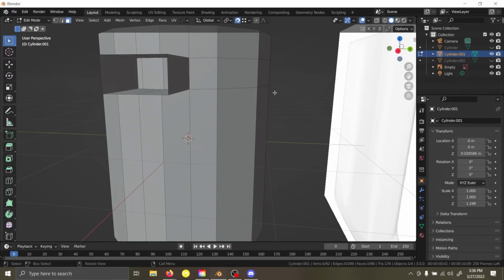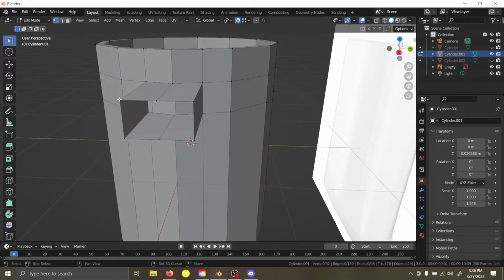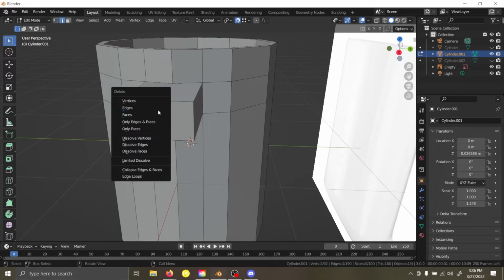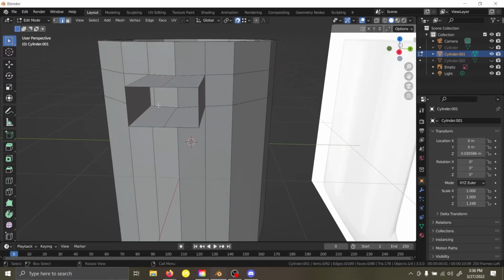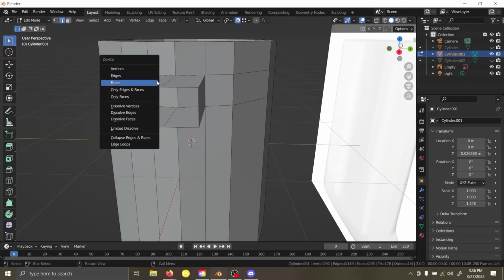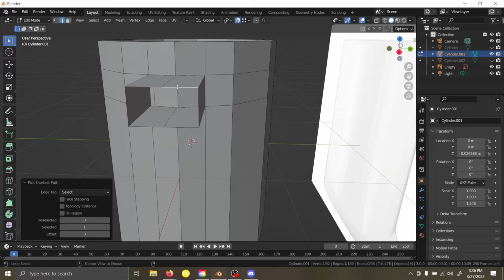There's a number of different ways to fill it, but one of the faster ways is by selecting 4 vertices and then pressing F. And what that does is it fills. So 4 vertices and then F to fill. It's a good way to plug holes or fix things. You can also do it with multiple vertices. So for instance, if I get rid of this edge here, and then I select all of these and